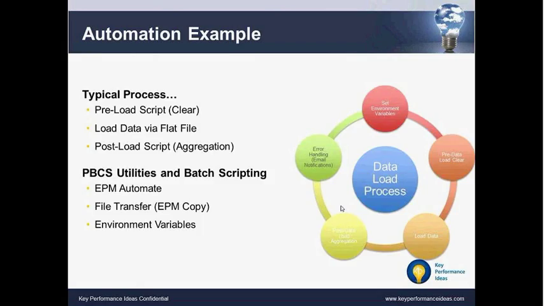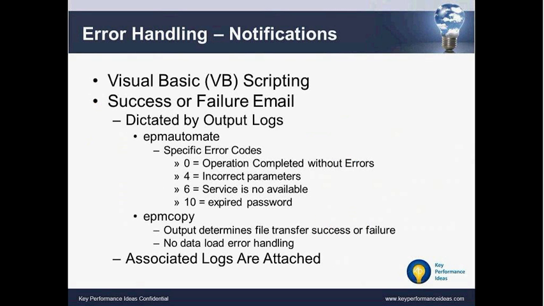So the error in email handling is not something native to the application. This is something we've built out. But because they've opened up the EPM Automate tool to allow for scripting and batching, we can use some Visual Basic code that we've built to notify people if there are errors with the file. So as mentioned, now we built a little utility that takes some Visual Basic script and says,